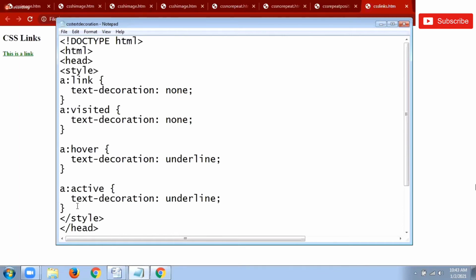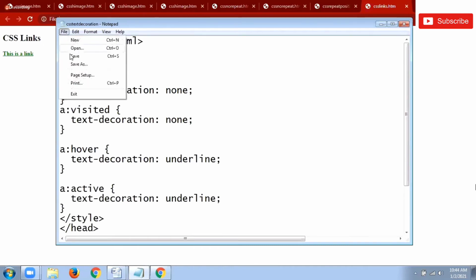Then once it is active, again underline. So among the four types of links, I set two types as underline and two types as none, so no underline. Here for two types of links, I am applying the underline value for the property text decoration.